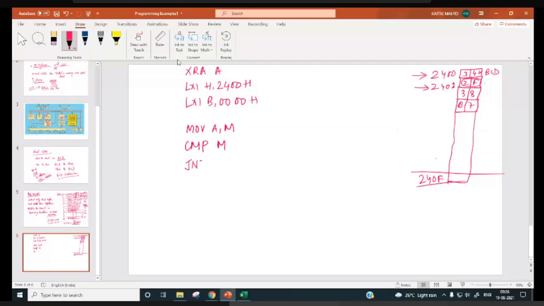Right, otherwise you have to add. So how to add? You have to do what? ADD C, right? ADD C, then you have to do DAA, right?